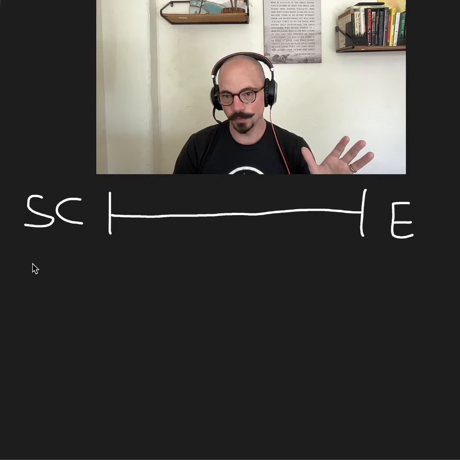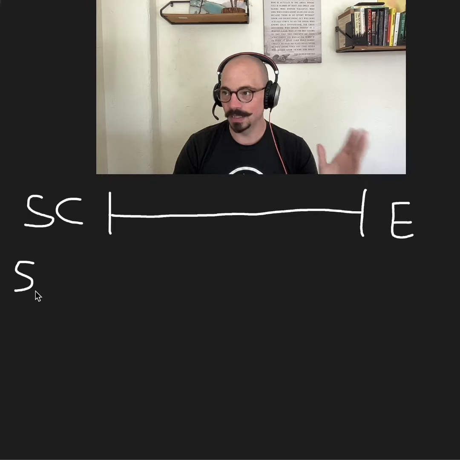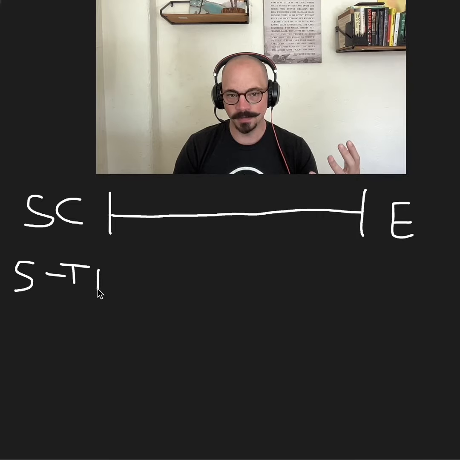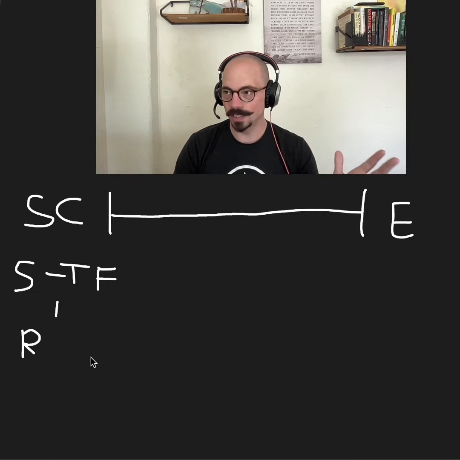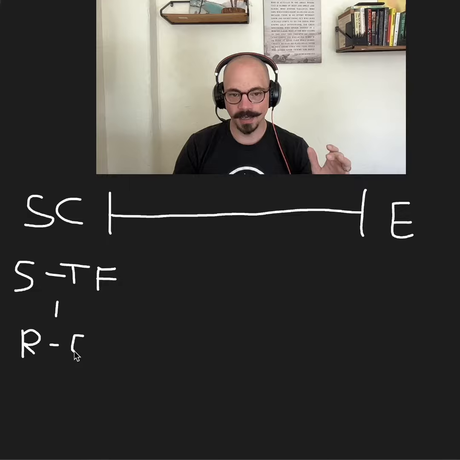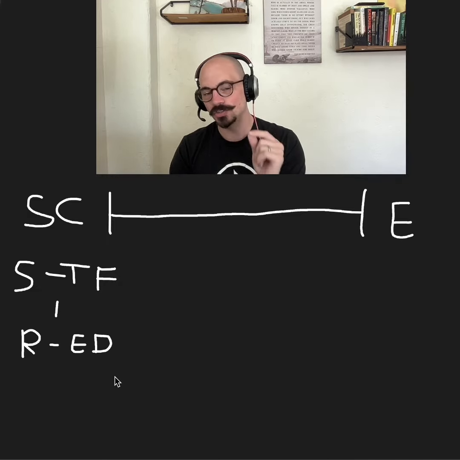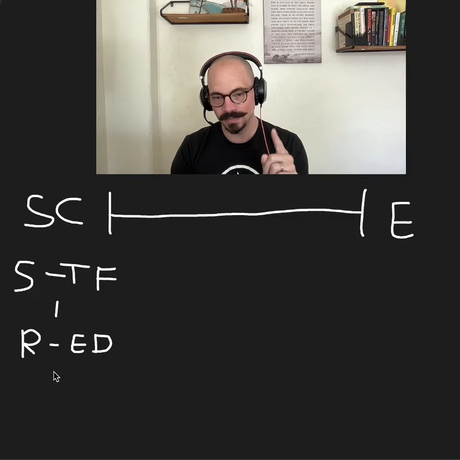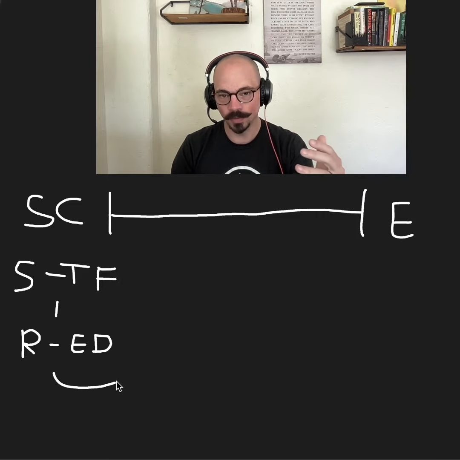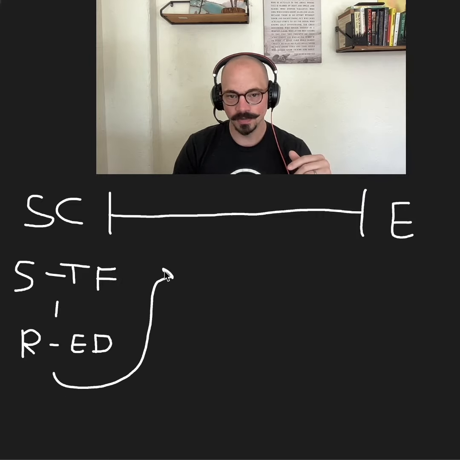So, what does this look like? Well, you have a scene where they're interacting with the plot and they're trying to do something, and they try and then they fail. And after that failure, they react to what they tried to do and what happened. They have an emotional response and then they weigh their decisions and decide what to do next. That decision pushes the plot forward and it goes into the next scene where you do the try-fail cycle